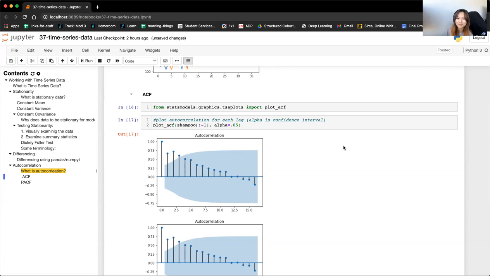Is that helpful? Yeah, thank you. Awesome. Anything else about autocorrelation? So